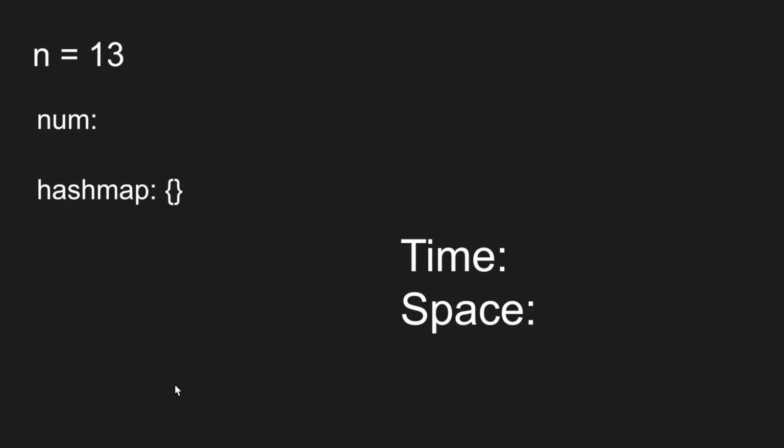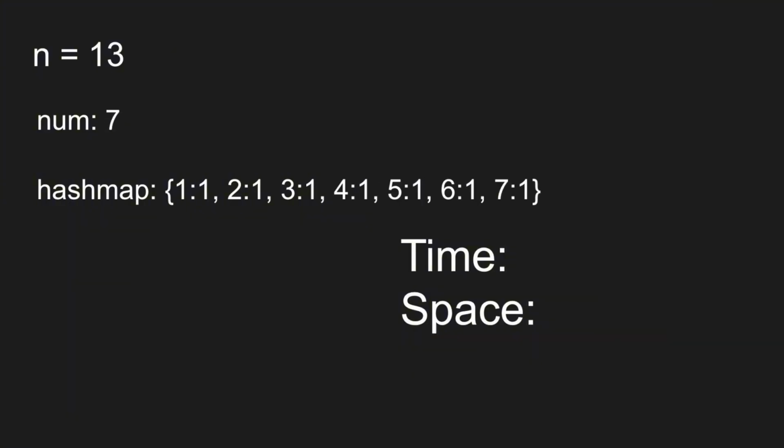So let's go through this example. So 1 has a sum of 1, 2 has a sum of 2, 3 has a sum of 3, 4 has a sum of 4, 5 has a sum of 5, 6 has a sum of 6, 7 has a sum of 7, 8 has a sum of 8, 9 has a sum of 9, and 10 has a sum of 1, so we increment the 1 key. And then 11 has a sum of 2, 12 has a sum of 3, and 13 has a sum